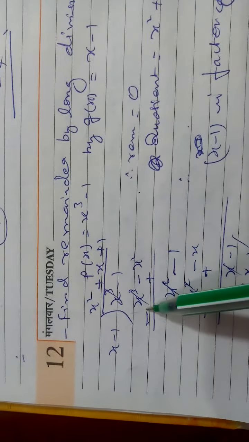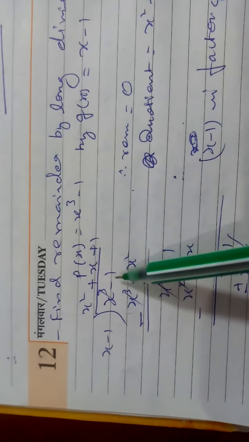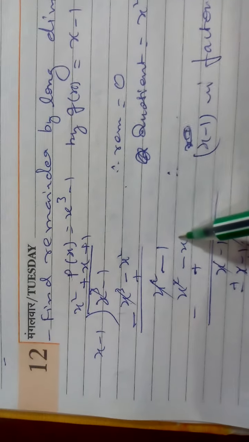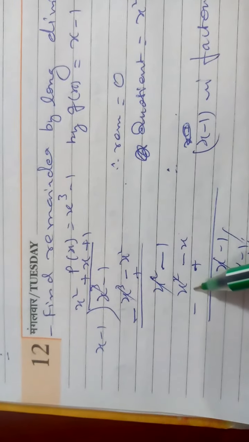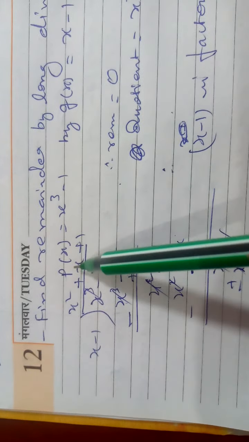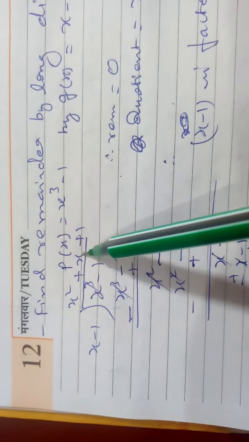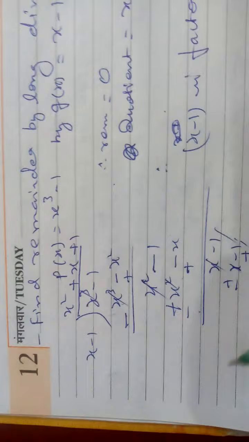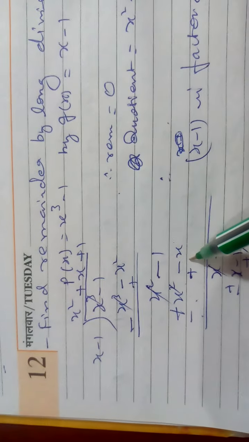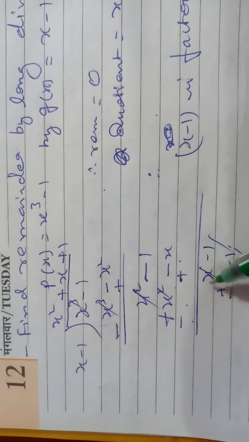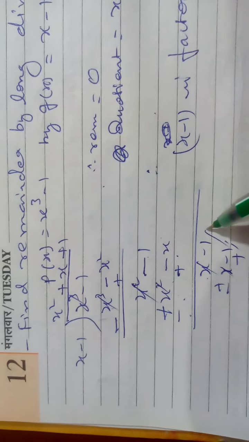But here no x square term is present in the dividend. What will you do? Change the sign, the first term is cancelled, but no x square is present, so this will be as it is here, plus x square and minus 1 is here. Again you want plus x square, but here only x, so 1x into x gives you x square, so its quotient will be x. The x square will have the opposite sign, here plus, so change into minus and cancel it. Minus x, here x is not present, so minus x changes into plus x, here plus x you write, and minus 1 at the last.